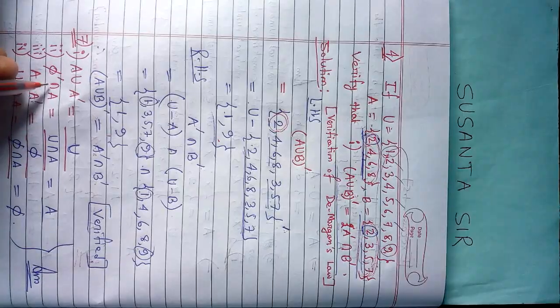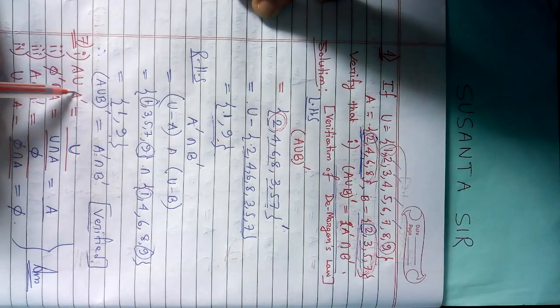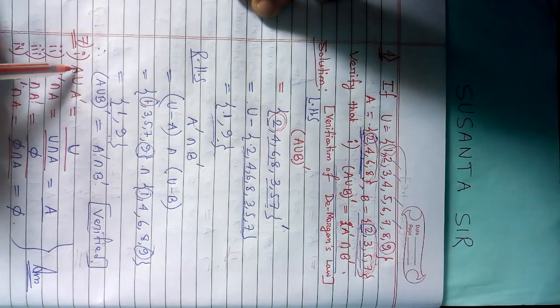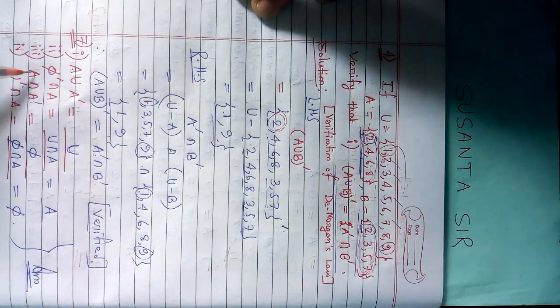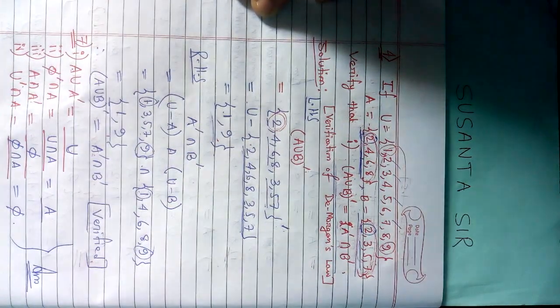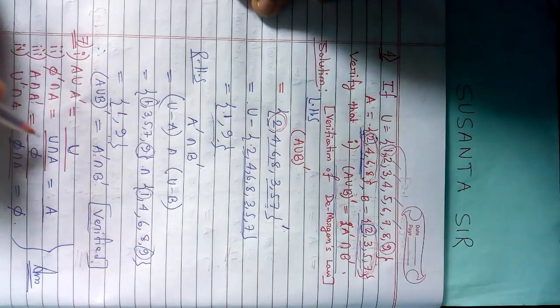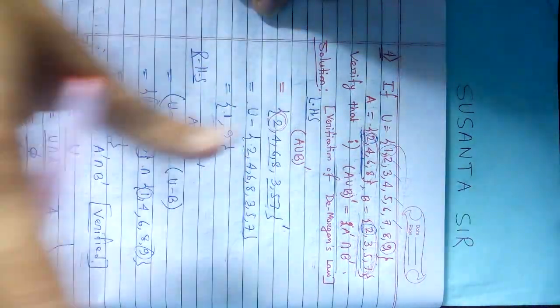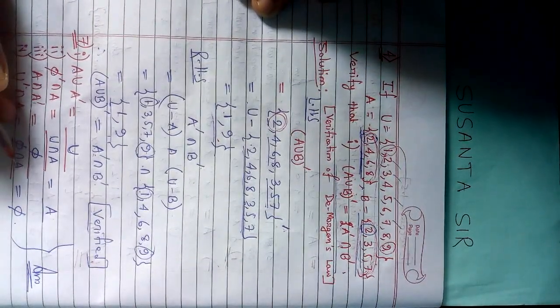Okay. Similarly, question number 7. See, some questions are there. Already we discussed number 1, A union A dash. Inside elements of A and outside elements of A, their union is U only, the universal set. And inside elements and outside elements, their intersection is phi only, because inside A and outside A, no common element is there. Now, phi dash intersection A. Phi dash means U intersection A. From the whole set, if you intersect A, the common element is A only. Whole set intersection any set is that set only. And U dash means phi. Phi intersection A means phi only.